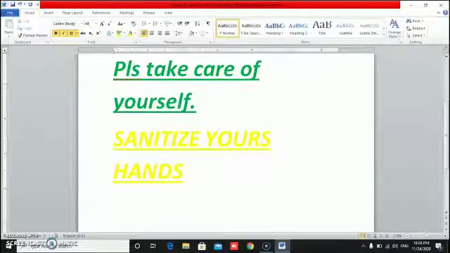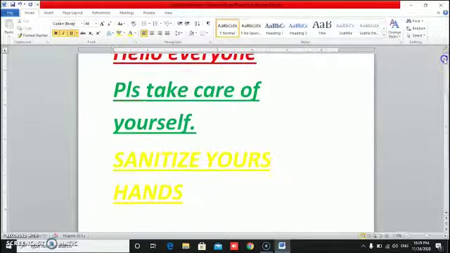Or by using arrow keys, you can go up, you can go down, you can come in the left hand side, or you can go in the right hand side. Okay, there are 4 arrow keys on your keyboard: up, down, left and right. Okay, understood everybody? Now how will you move the text?